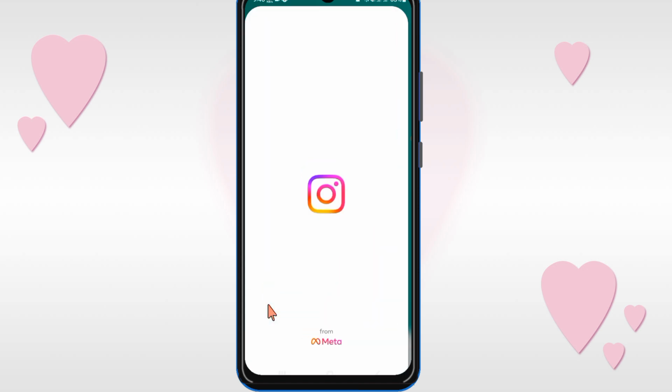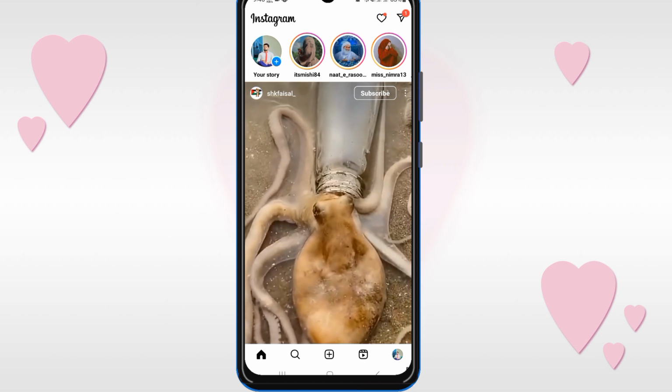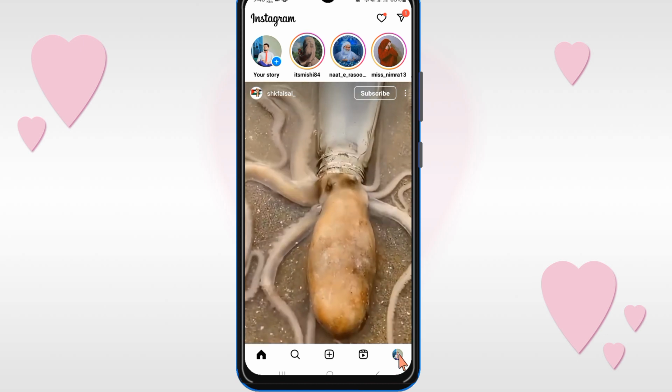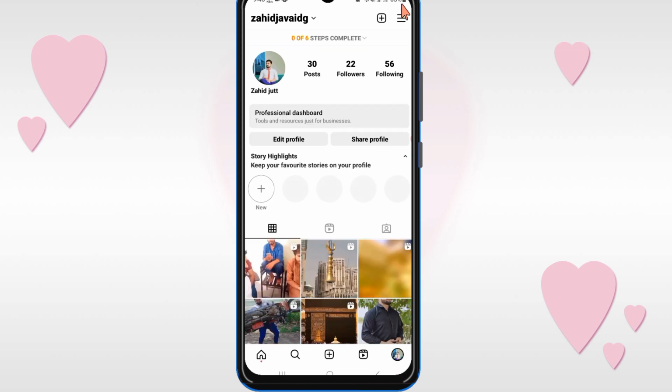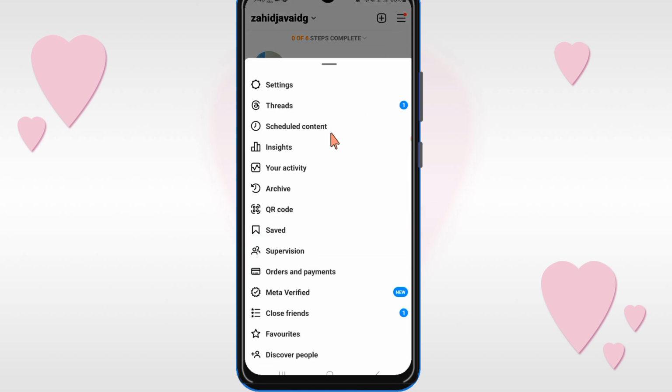So firstly, open the Instagram and then you will see profile icon, click on it. And then you will see three lines on top right, click on it. And then scroll down the page and then click on setting,